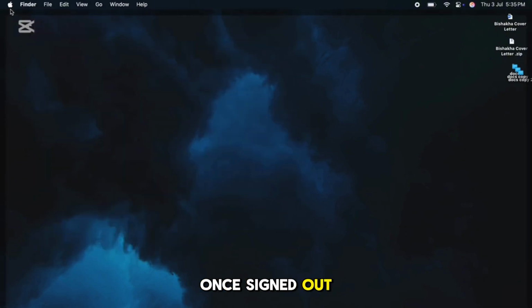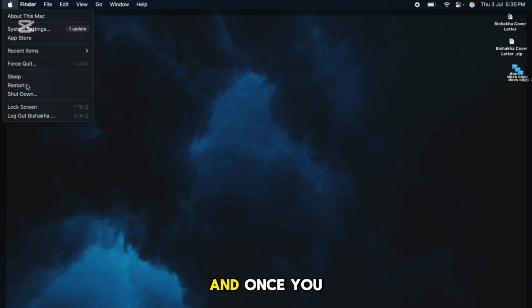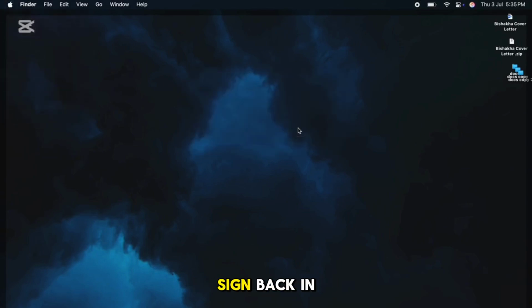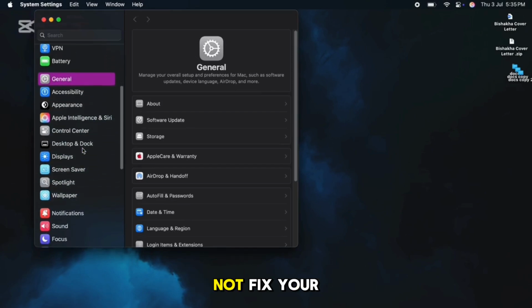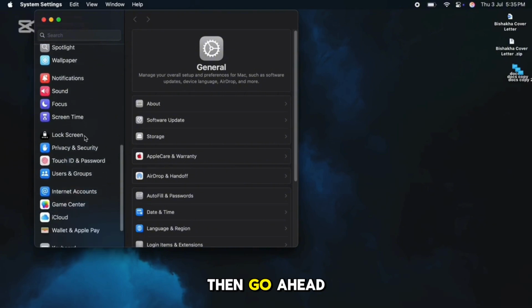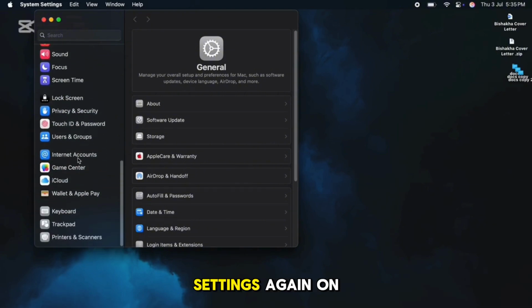Once signed out, restart your Mac. And once you have restarted, sign back in using your correct Apple ID and password, as this refreshes iCloud token sync and keychain permissions. If that does not fix your issue, then go ahead and open System Settings again on